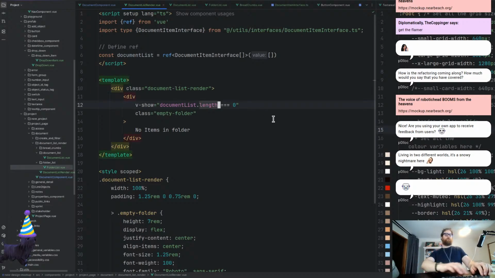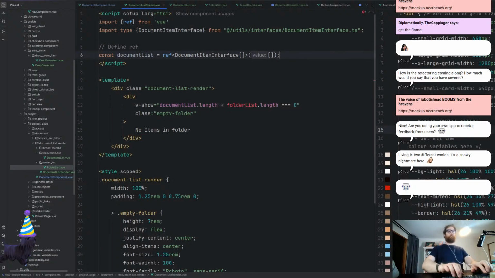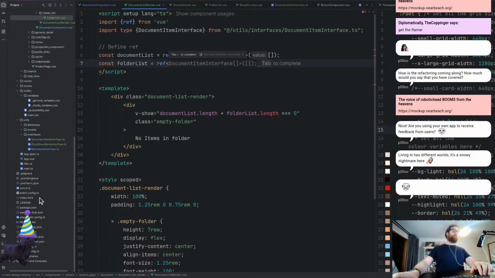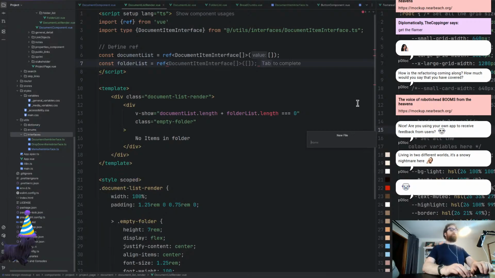So, we've got the document list plus folder list dot length equals 0. So if there's nothing in there, that's when we're showing the empty folder and no items in folder. However, that being said, if someone were to put in a folder or something like that, boom, we've got values in there. So I'm going to go const folder list equals ref. It's going to be different to that. We're going to have a different interface. So we're going to scroll down into the utilities, right-click, create a new file and go folder item interface